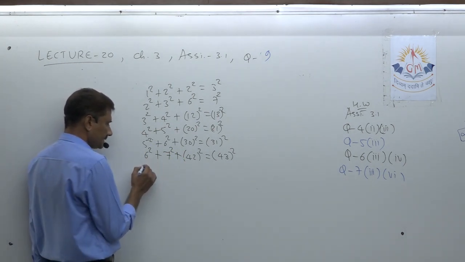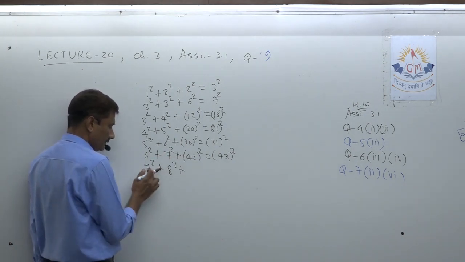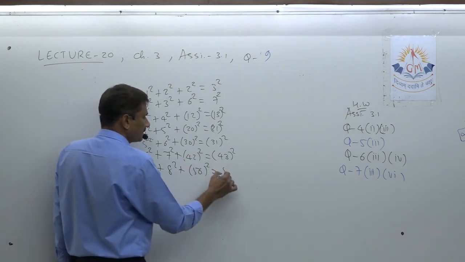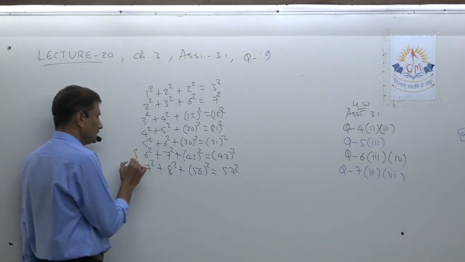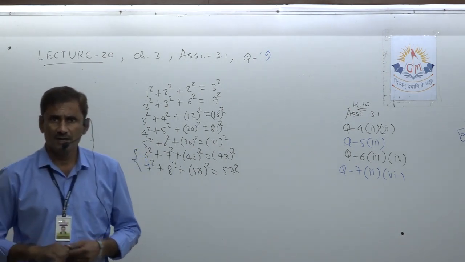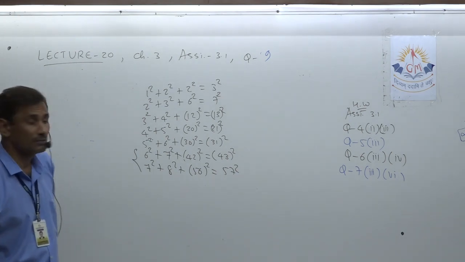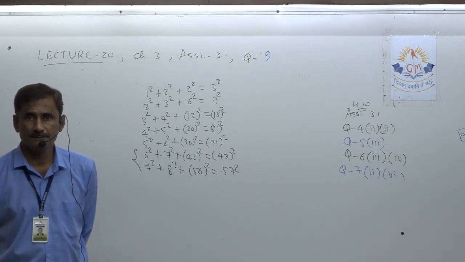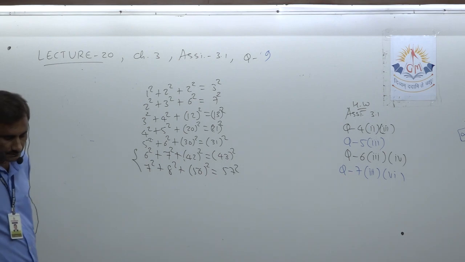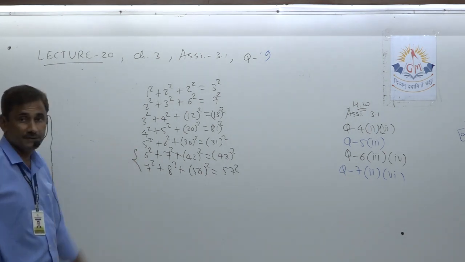Second one will be 7 square plus 8 square plus, likewise 7 eights are 56 square, and then the next number, 57 square. So these are both answers. You just observe the pattern, and by understanding the pattern you can see how to write further steps. Okay, so these are the last 2 lines which were asked.